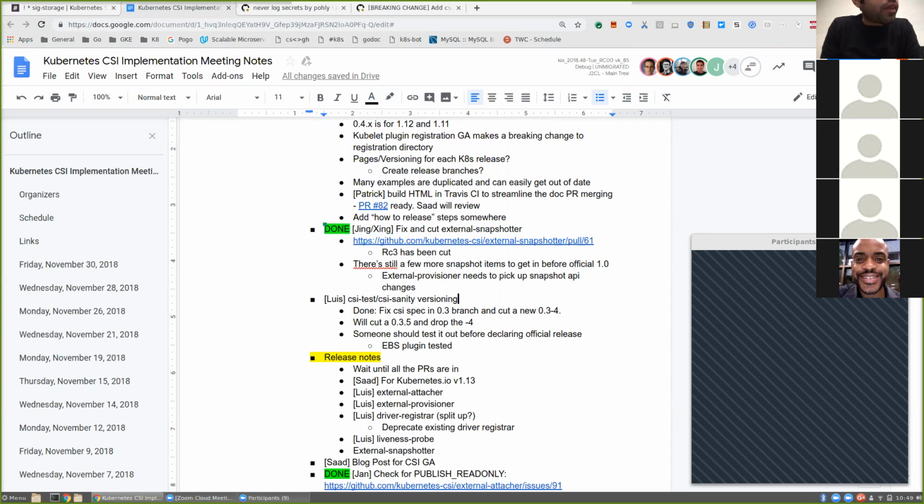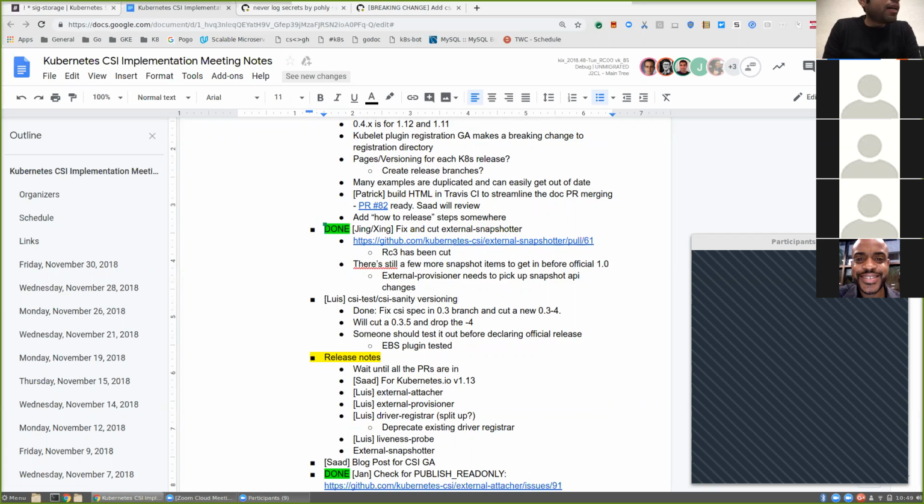I don't know about the GCE driver. I tested with our OpenSDS driver. But it only works with 1.13 beta.2 because there are some changes in the external attacher. So Jan fixed a bug there.